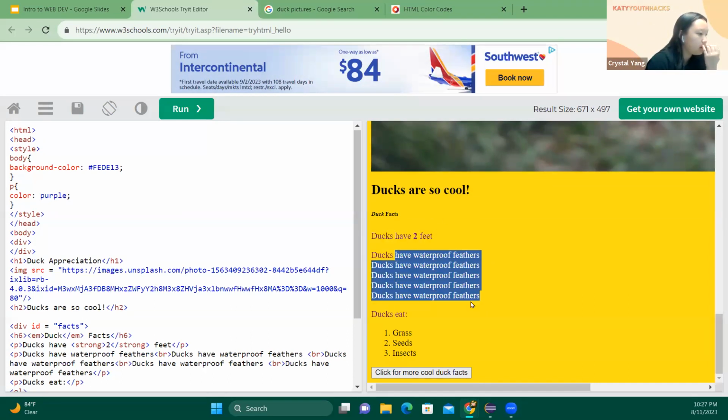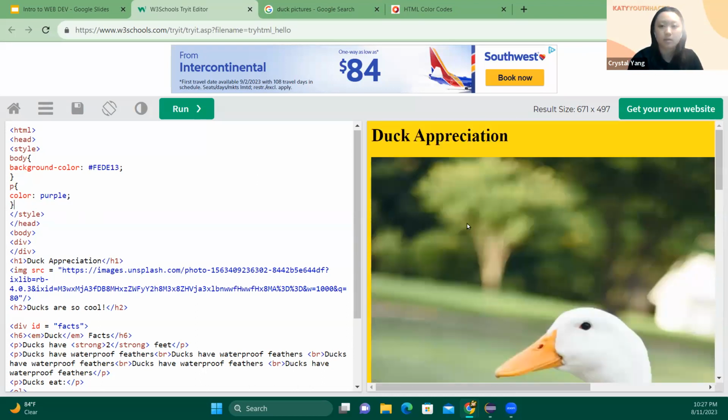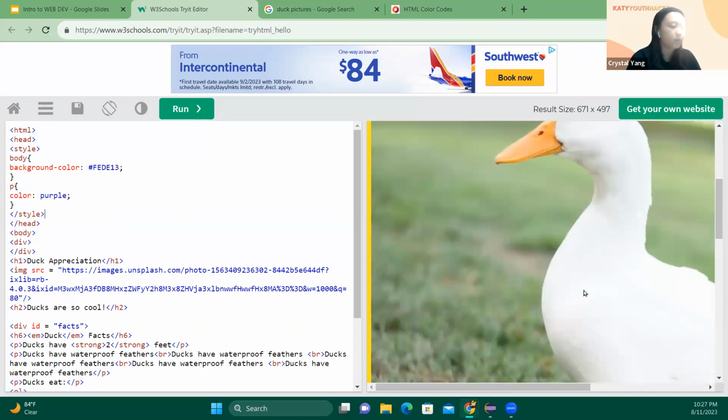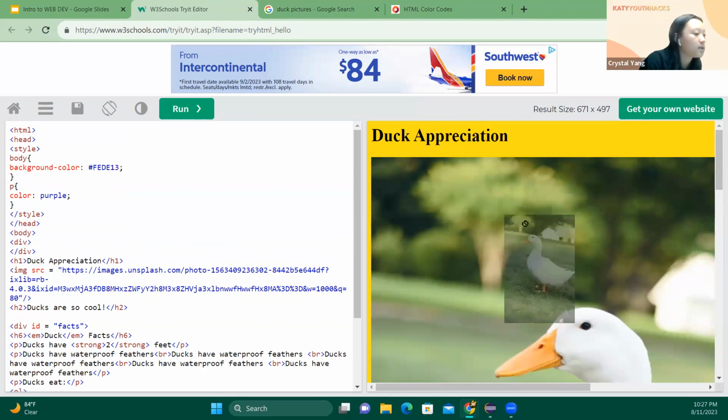So yay, now these things are purple. You can do this with all different types of things. If you want to change the text of the headings, you can just put the same thing, but with H1 or something like that. And also, I guess the next thing we can do with CSS, if you're following along, is to make this